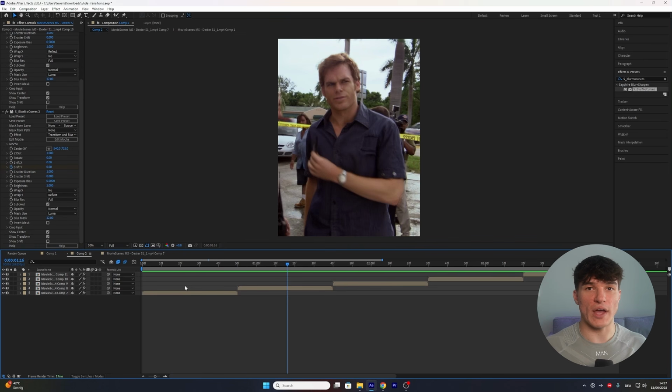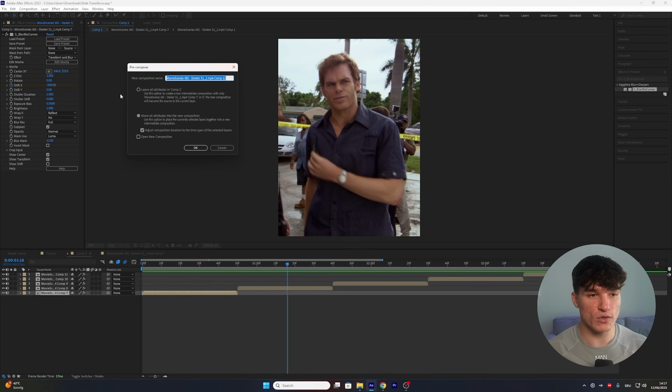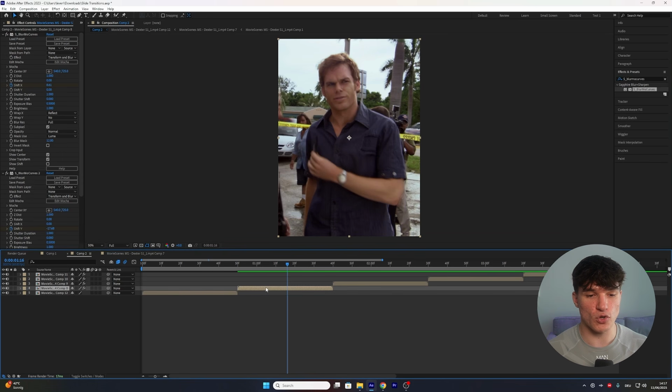And before you start moaning, don't skip this part because we're gonna have to apply different zooms to the ones we would normally use in our edit. Because if you use normal zooms, your slides will look goofy. And to add the zooms, what I like to do, because our sliding animations are now fully done, is just pre-compose all of the clips once. So you wanna select each and every single layer, right click, go to pre-compose, make sure the bottom option is selected and then enable this check mark and press OK